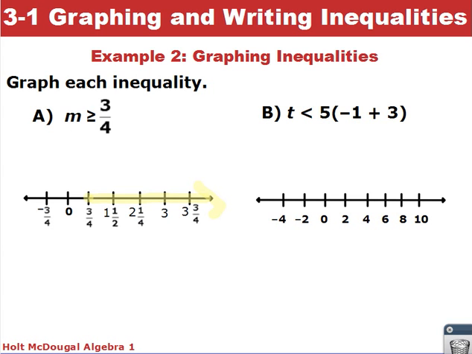Our next example, we have t is less than 5 minus the quantity -1 plus 3. Oops, you notice that's not simplified yet. We need to go ahead and simplify this before we can graph it. Parentheses first, or grouping symbols first, so we get t is less than 5 times 2, which is t is less than 10. From here, less than means we're going to have an open circle at 10,